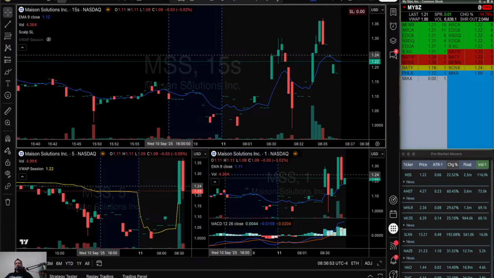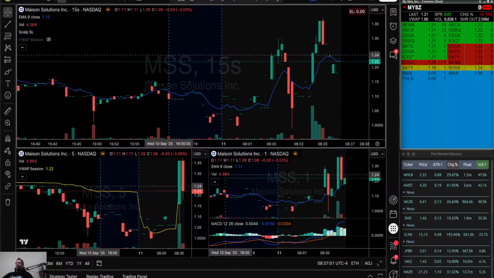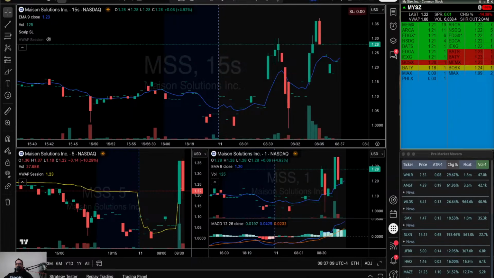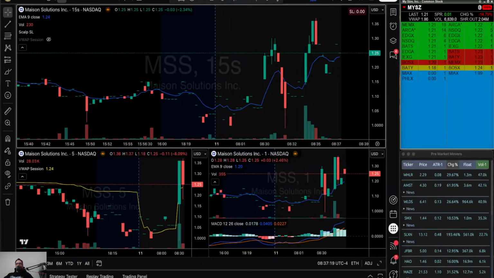MSS is popping off a little bit. Let's keep an eye on this. It has a catalyst. I don't know what it is, but we've got time to look at it. Mason Solutions signs distribution agreement with whoever, Mattel, Chew, I don't know, import and export. That could be something. We don't want to take a look at... I need to,